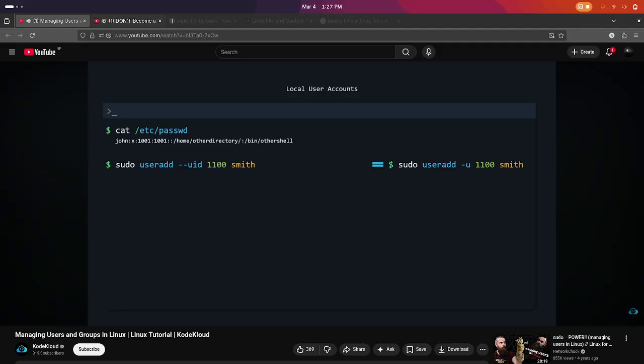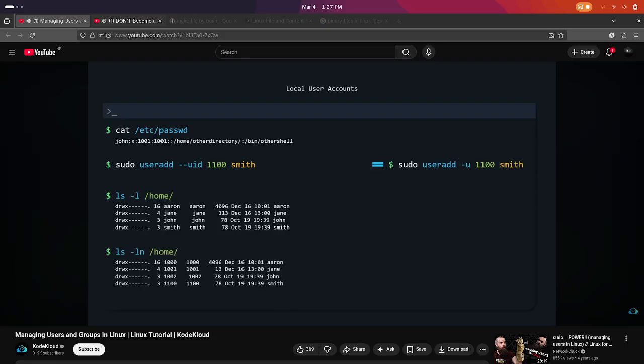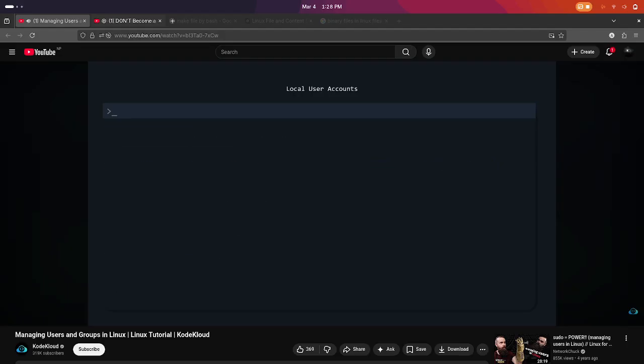If we want to see what username and group owns files or directories, we can do so with the usual ls -l. In this case, we'll use the home folder. But if we want to see the numeric IDs of the user and group owners, we can add the -n for numeric option, and they'll be shown to us. It might also be useful sometimes to find out more about the users we're currently logged in as. We can see the username we're logged in as, plus groups we're